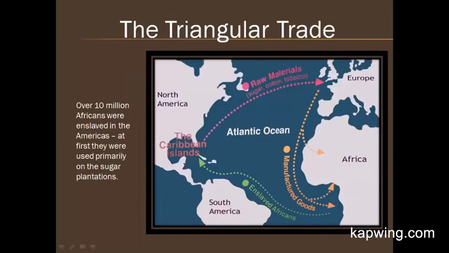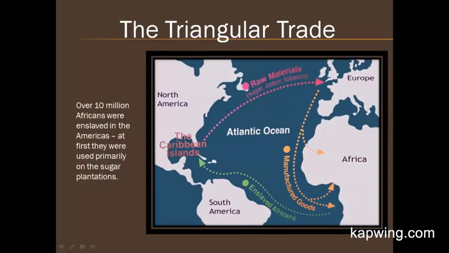In addition to the goods that were exchanged between the two hemispheres in the Columbian Exchange, another trade pattern emerged between the eastern and western hemispheres that came to be known as the triangular trade. It was called the triangular trade because the trade goods moved in a triangular pattern between the Americas, Europe, and